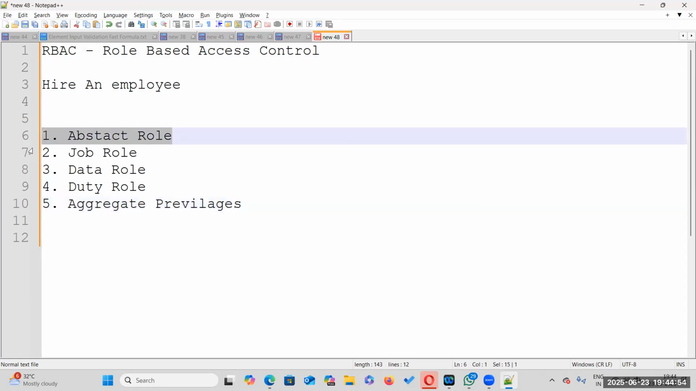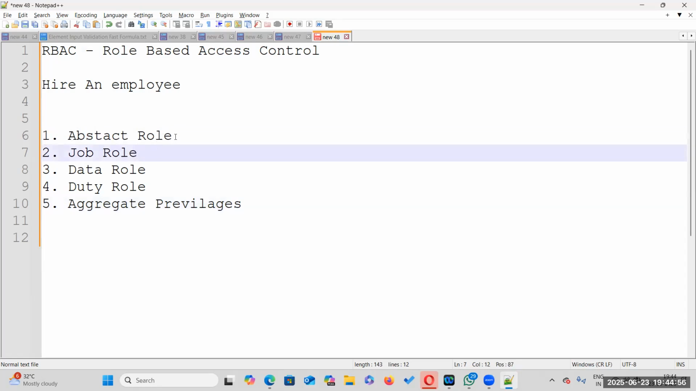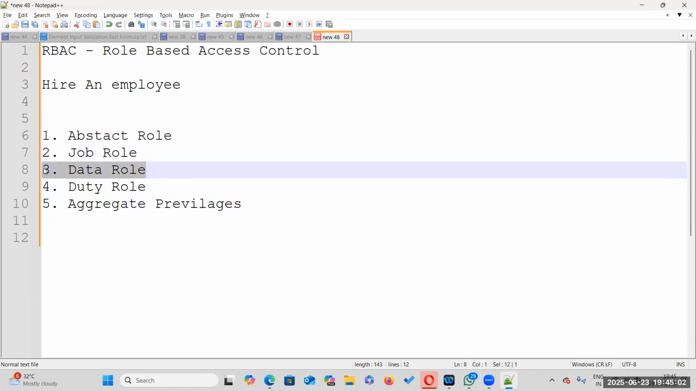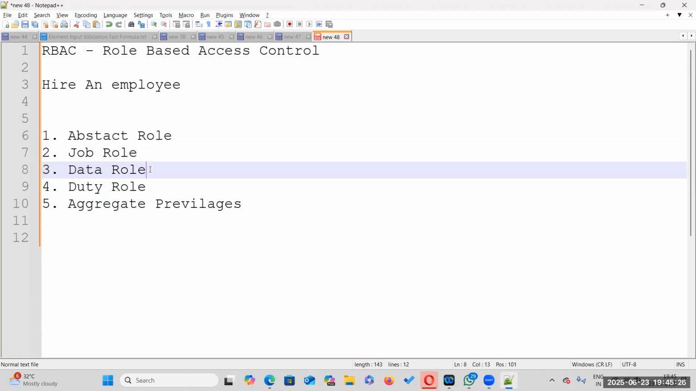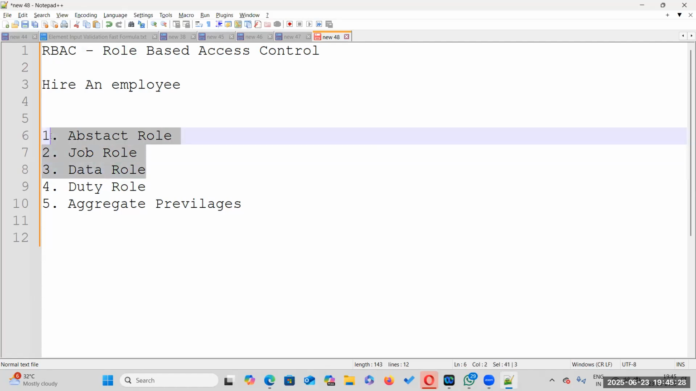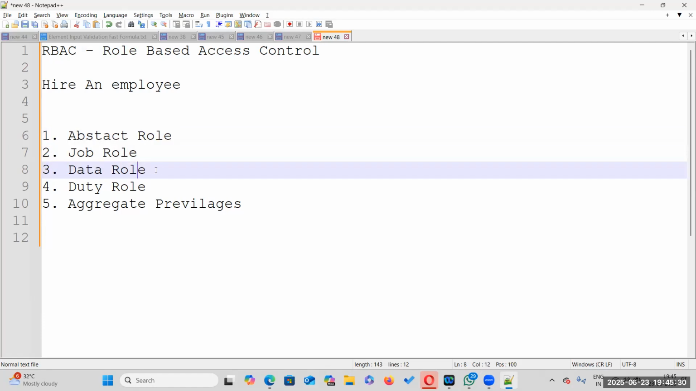Today we will see what is abstract role. I think already in one of the demo classes, we have seen what is abstract role and what is job role. We will see what is data role. So today we will see abstract role, job role, and data role. If time permits, we will discuss data role in depth, because this is the most